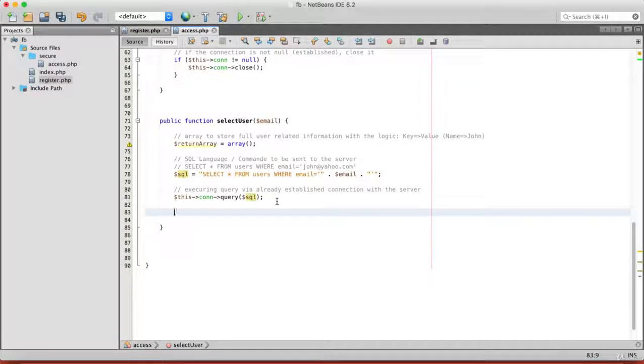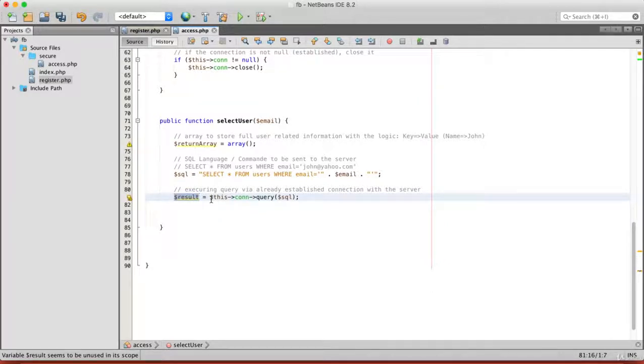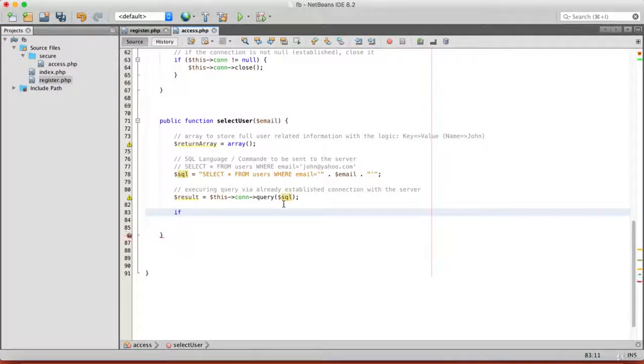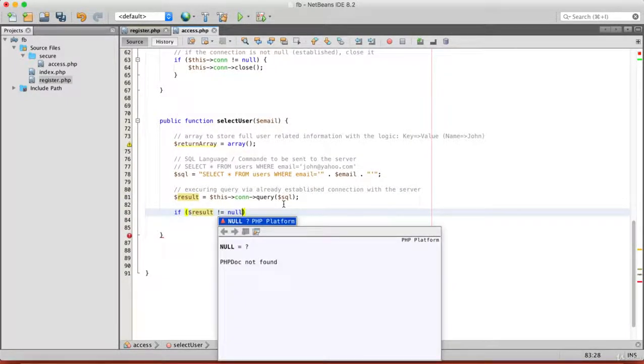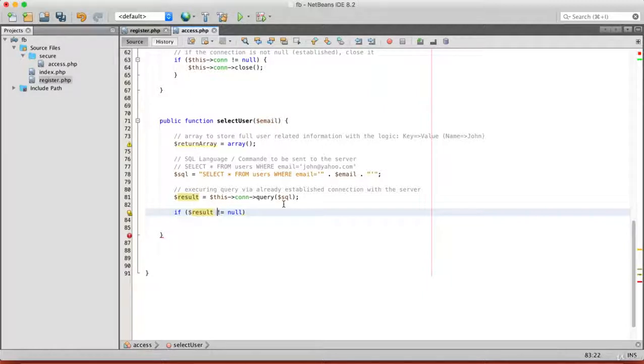After that, we need to check, have we got any result from this command, from this execution? For that purpose, I will assign it to a new variable called result. This result will store everything related to that. Okay, so now we can use the if statement. If, open and close round brackets, in round brackets write result is not equal to null, meaning exclamation mark equals, which is not equal to null, and